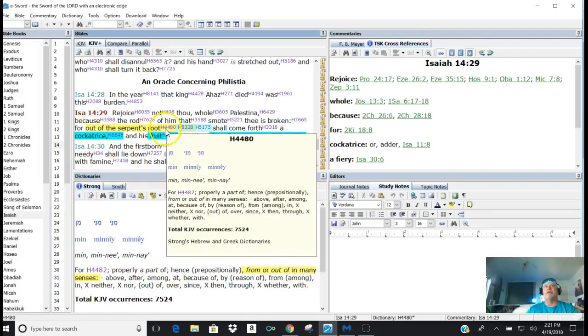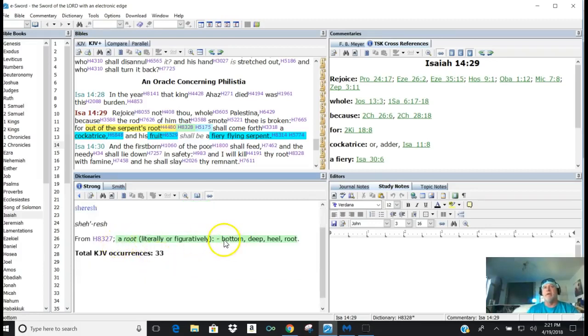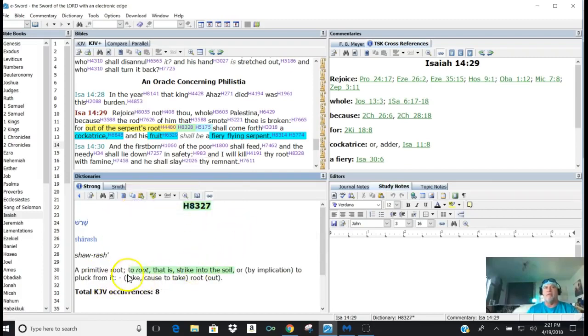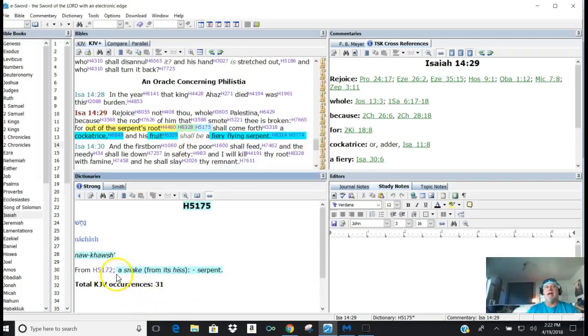So out of the serpent's root, here's the word root. It means root from the bottom, deep heel root, and then we'll walk it back to the origin of the word. It means to root, that is to strike into the soil, to cause to take root. And then we'll look at the serpent, a snake from its hiss. But look at this word,